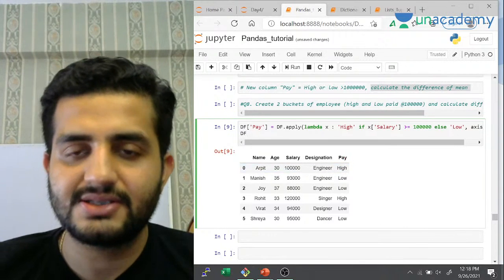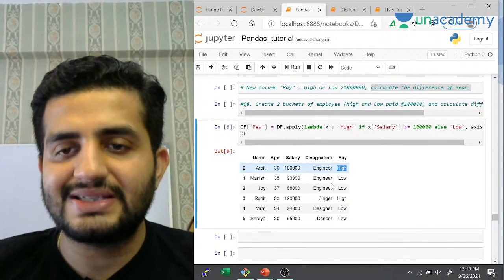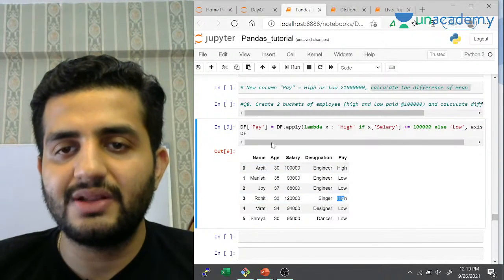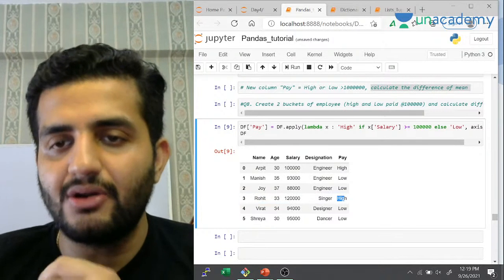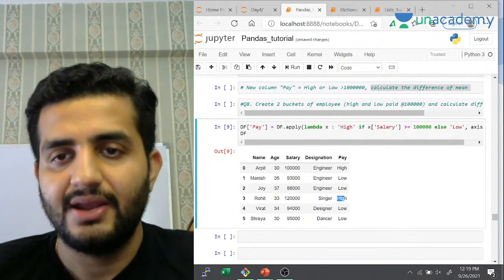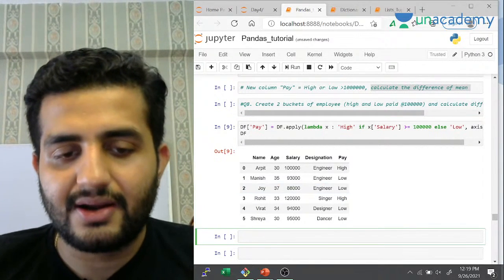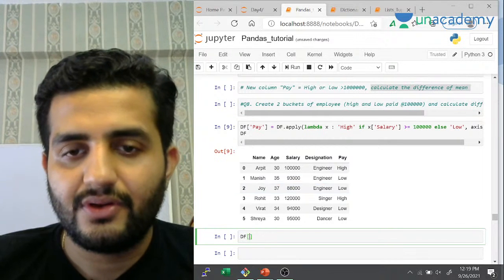ठीक है. Now on this, what I want कि जो high का mean salary है, what is the difference between the salary mean of my high and the pay lows, high and the low pays, right? कैसे निकालेंगे हम? ये हमारा DF है, ठीक है. अब हमको क्या करना है? DF ऑफ